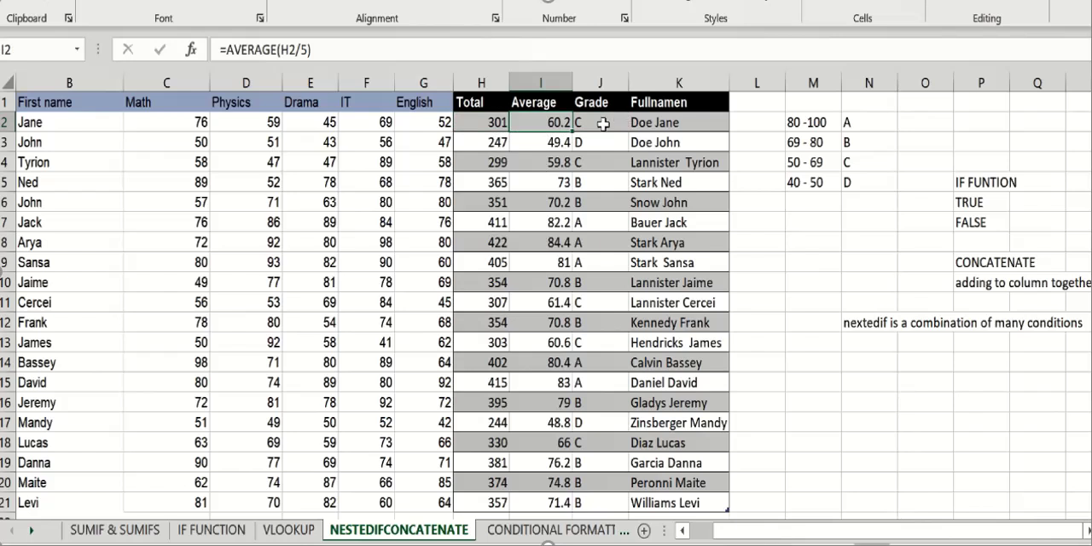But here now we want to find the grade. So we grade 80 to 100 to be A, 69 to 80 to B, 50 to 69 C, and 40 to 50 D. So if we are looking at the average to grade, so now the average here is a